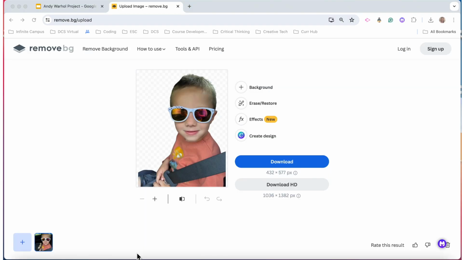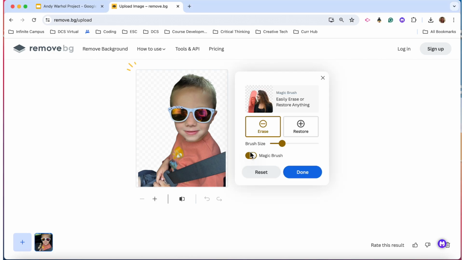Now you're going to add a 3rd layer to your composition. Go back to Remove Background. From there, you'll see your image is still there. You're going to go to the Erase tool, unclick the magic brush, and you can adjust the size of your